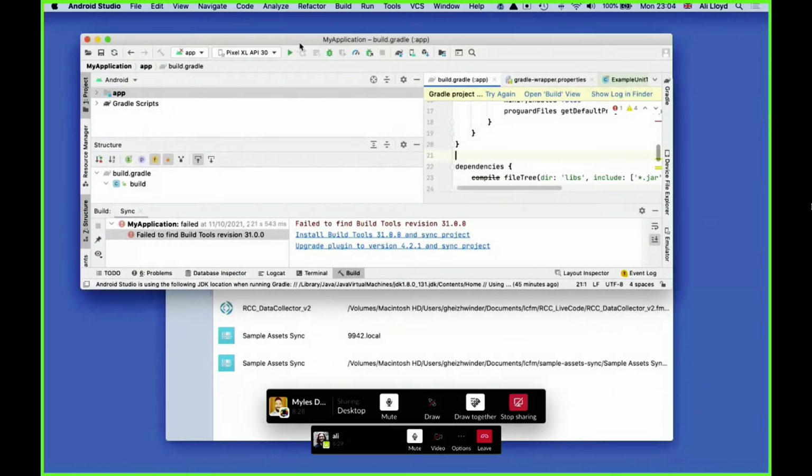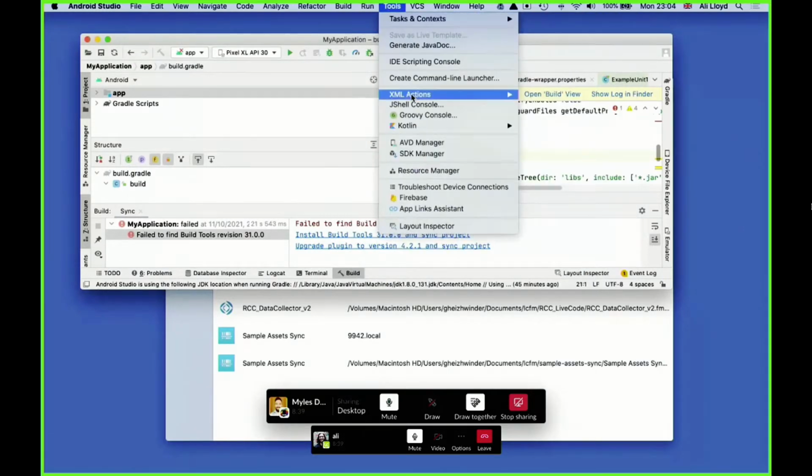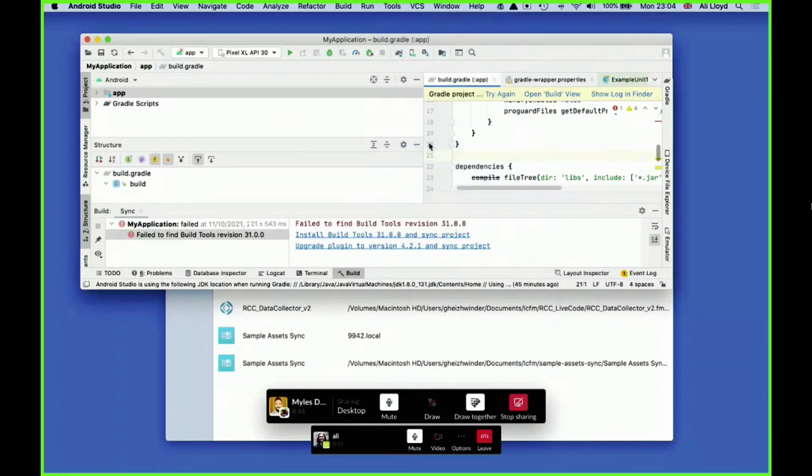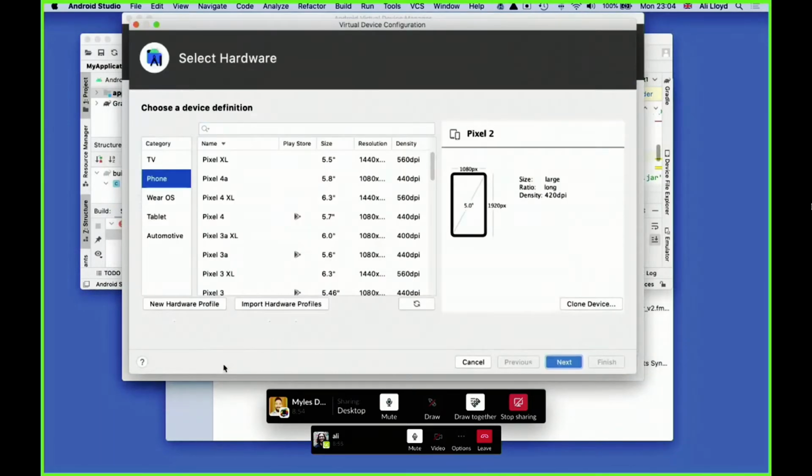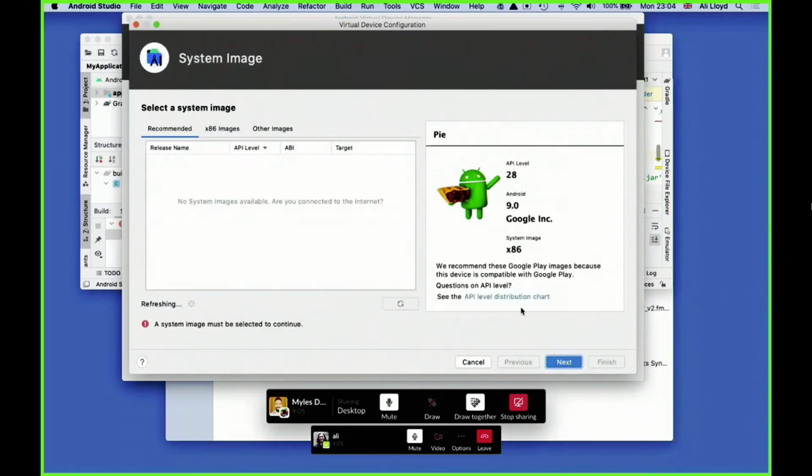It's a slight quirk of Android Studio that you have to actually open or start a project in order to get all these menu options. The menu option you want for an emulator is the AVD Manager, the virtual device manager. If you click that, I've already got one set up here. If you want to create a new one, you just click create virtual device here. There are various options about what kind of device you can have, and then further advanced options.